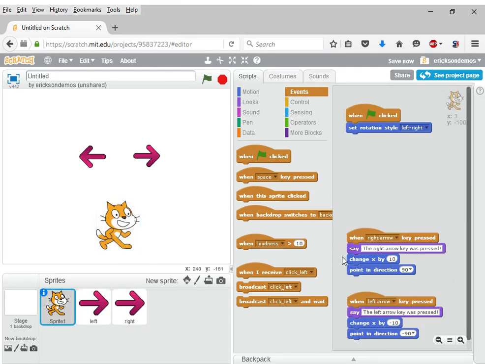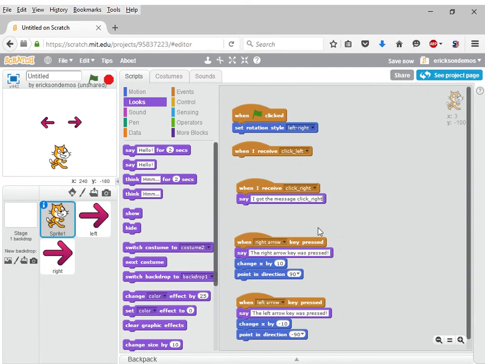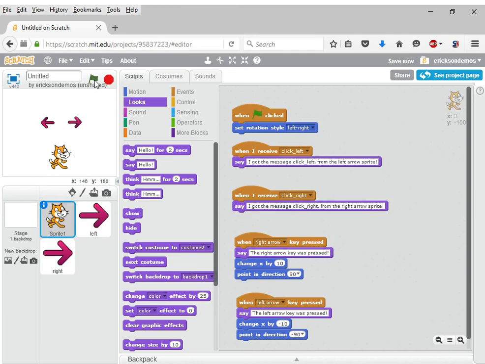Now if we go back to our original sprite, we can now look for two different messages. We can look for a click left message. We can look for a click right message. So let's add some says just to see what happens when we receive click right or click left. So now if we run the program, you can see if we click on either the left or the right